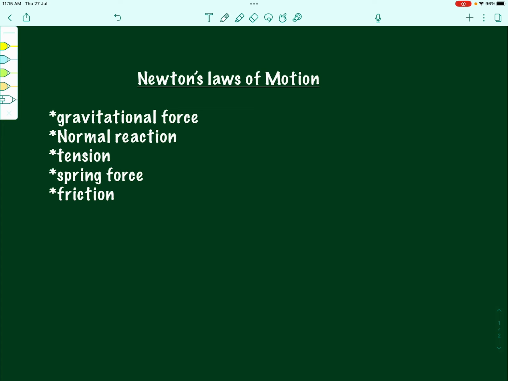So these are 5 basic forces that we are going to study. One is the gravitational force, the other one is normal reaction, then tension, then spring force, and finally we will study friction as a force. So we will do them one by one. Before we start with these forces one by one, let us just look at one distinction that we have in all of these forces. Out of all these forces, it is only the gravitational force which can act from a